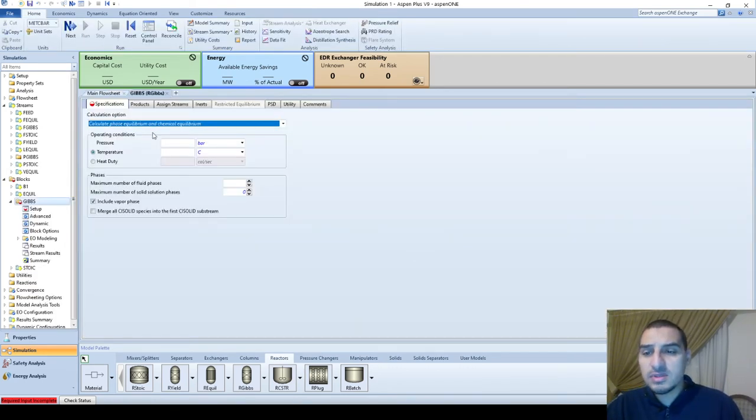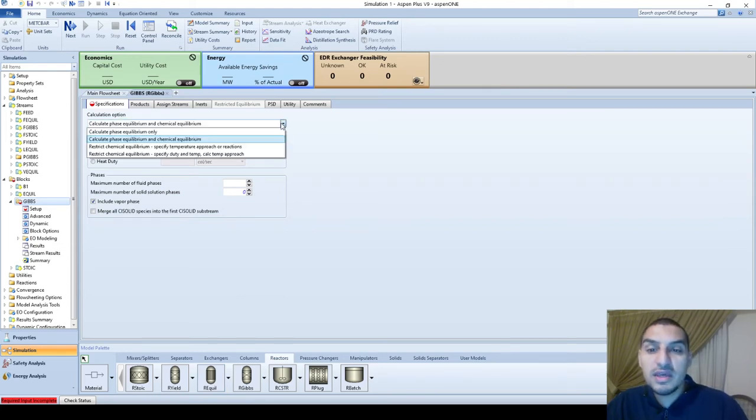Again, let's see the inputs. It's going to be different now. In the first two reactors, the stoichiometric and the equilibrium reactors, I had to define the reaction. I do not need to do this now. So you can ask it to calculate the phase equilibrium only, just to check if it's one phase or two phases, or calculate phase equilibrium and chemical equilibrium. It's going to change the compositions of the products of the feed to the reactor to minimize the Gibbs free energy,